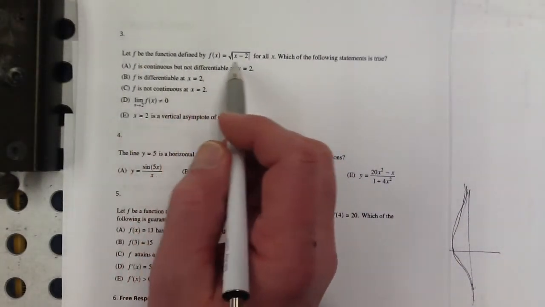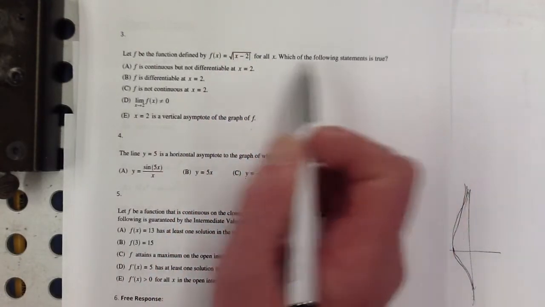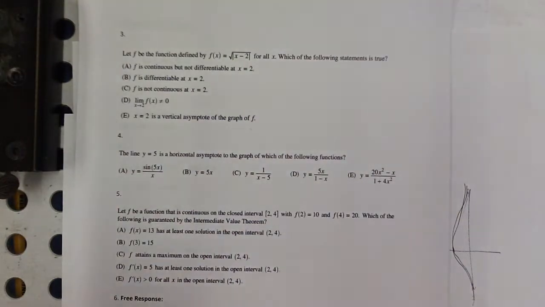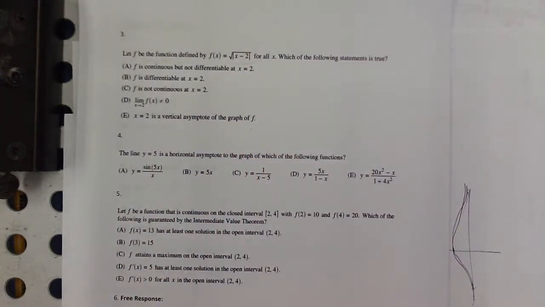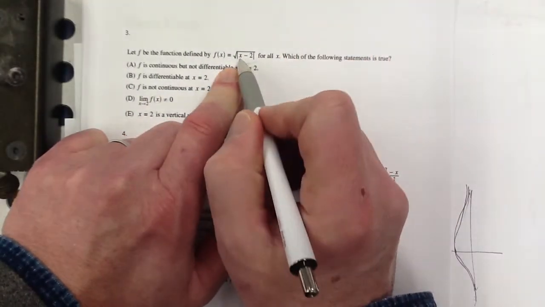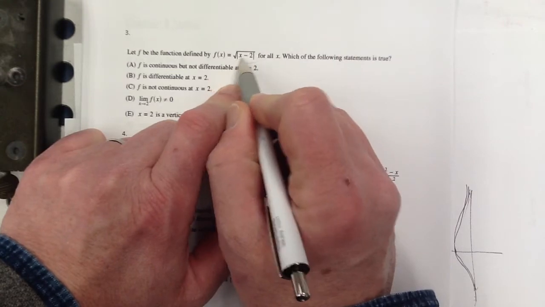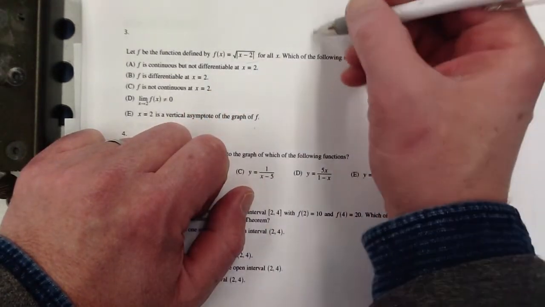Let f be the function defined by this for all x. Which of the following statements is true? Okay, that's a little tricky because what does that look like? We need to have some kind of concept of what it looks like, and we're not allowed to use our calculator. So I'm going to try to make a sketch of it. You know what the absolute value of x minus 2 looks like, so without the square root sign. It looks like